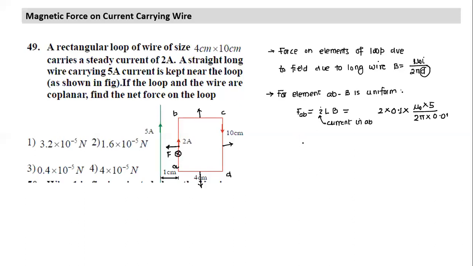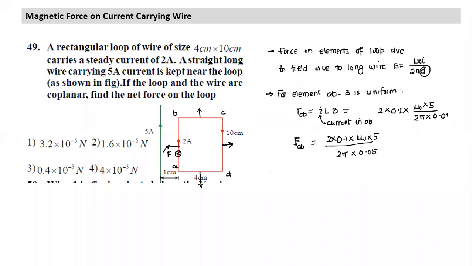So force on the element I can calculate, and calculating force on CB is also easy. So what will be the force on CB? Same term. Only this term is changing. The rest of the terms will remain the same. So it will be 2 into 0.1 into mu naught into 5 divided by 2 pi. Only thing that has changed now is the distance from the axis, which is 5 centimeters. So this will be divided by 0.05. But this field is in this direction. Which force is more? This force is more. So what is the net?